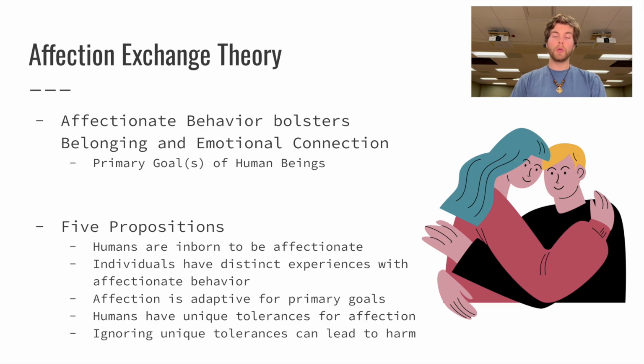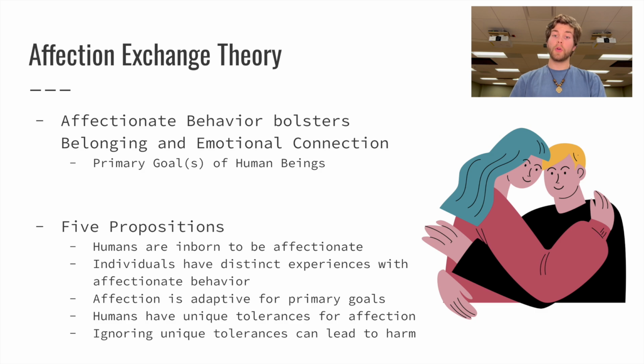They include the idea that all human beings are inborn with a sense and need and also personal capacity for affection. The belief that affectionate feelings and expressions are distinct experiences that vary from person to person. The concept that affectionate communication is adaptive with respect to human viability and fertility. The idea that humans have different preferences or tolerances for affection and affectionate behavior, and the belief that affections that violate those tolerances are aversive or potentially harmful. Plus, there's the idea of affection being on a continuum, ranging from affection deprived, adequately shown affection, and excessive affection, kind of going along that continuum like I was saying.